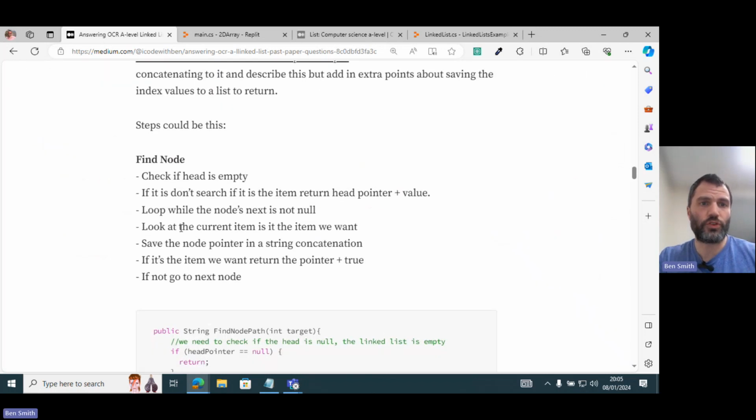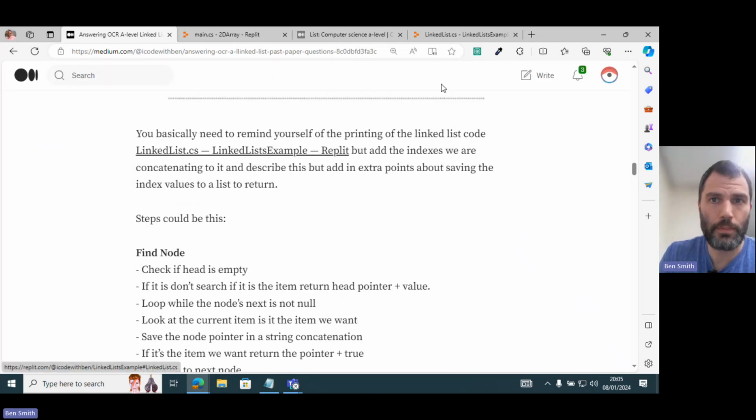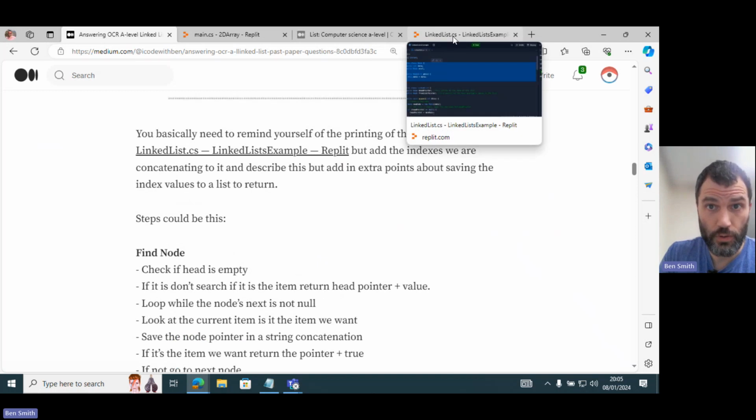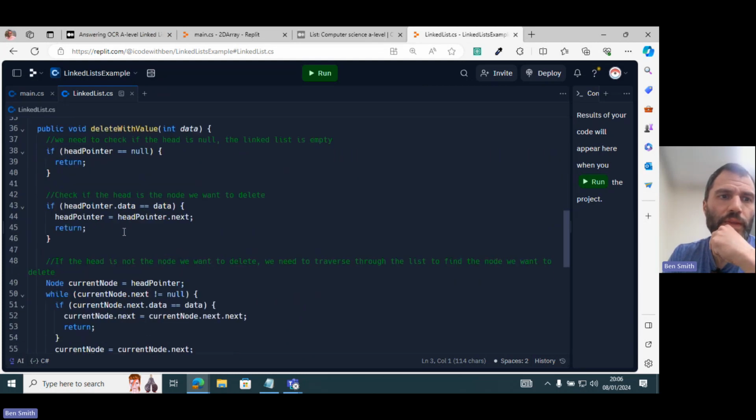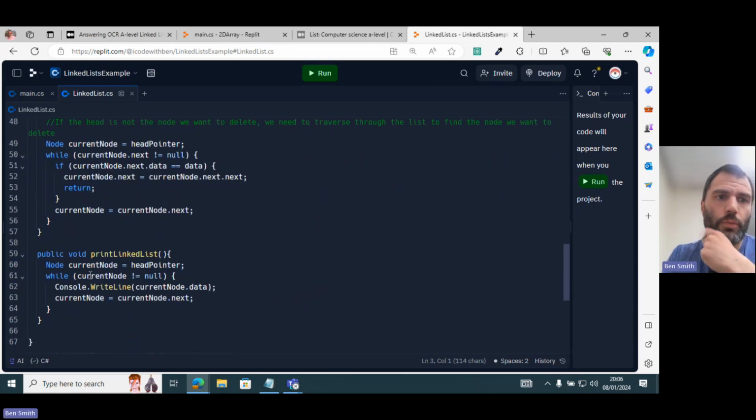All you've got to do here is much simpler. You don't have to write any code, but you need to remember how we loop through a list. They like to test you a little bit, and they like to add a little bit on to see how competent a coder you are, and you need to think about how you could solve this problem. They're only asking you to write down the steps. They're not asking you to write the code, but you would need to remember the code that, for example, we wrote